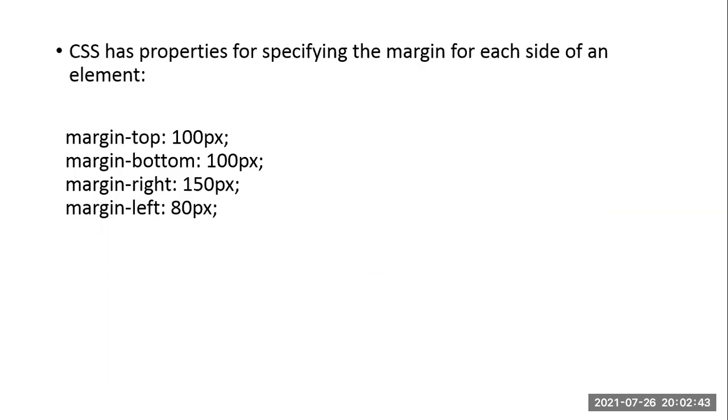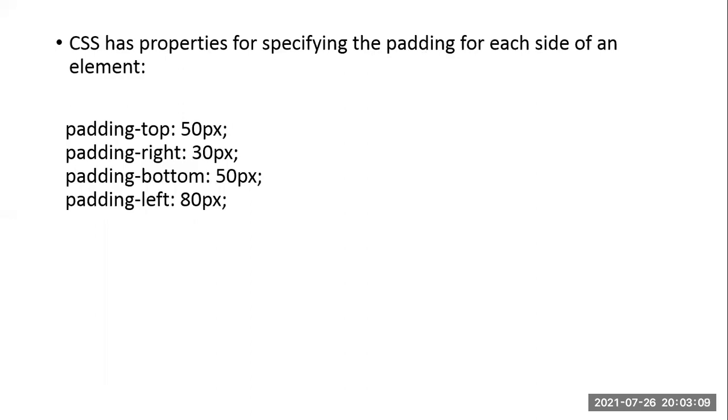So what are the properties that we can specify? We can have margin, which allows us to specify the values in all the four directions or all the four sides, that is top, bottom, right, and left. You can specify the property margin and give the value in terms of pixels or even in terms of inches, that is in. And then we have the property padding, again similarly it takes each side, padding-top, left, right, and bottom. Again we can specify the values here in terms of pixels or in terms of inches.